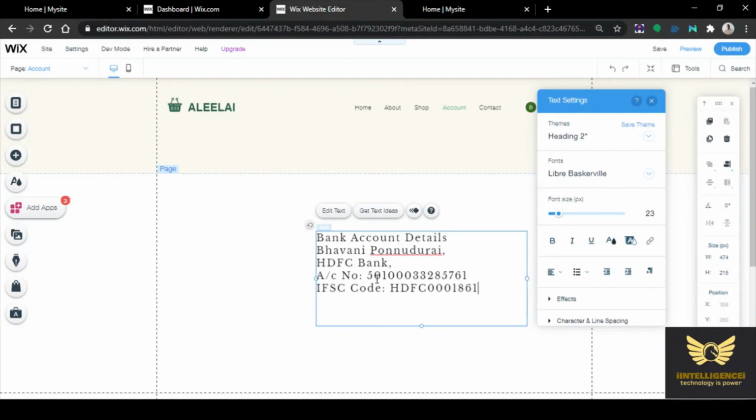Later on we will integrate it, and in the next video I will explain how to integrate the payment gateway. Give the bank name correctly, also the branch name, along with the account number correctly and the IFSC code exactly.